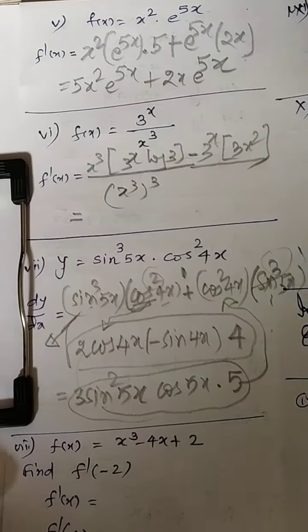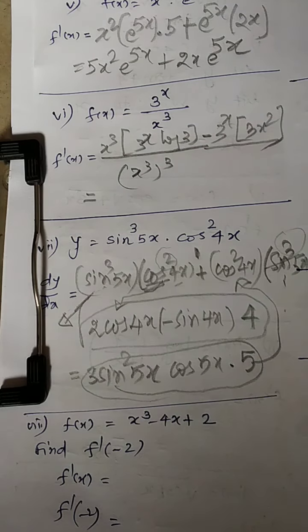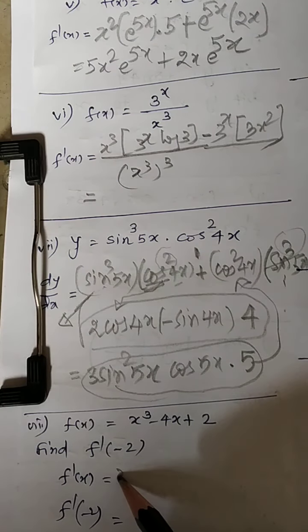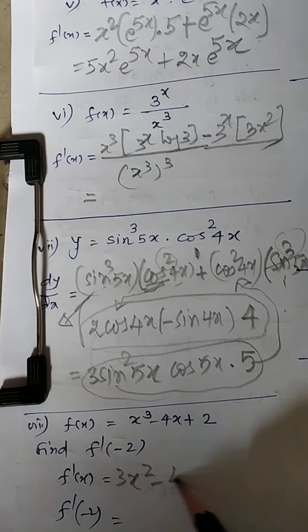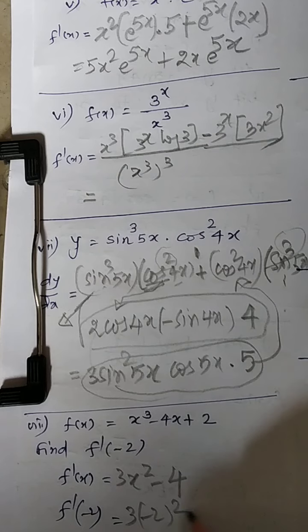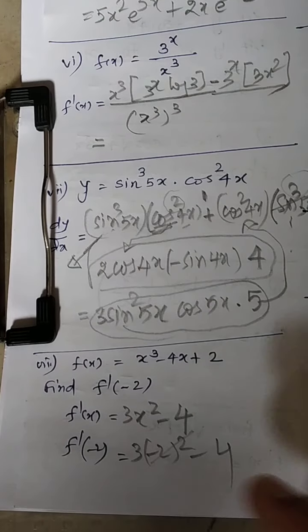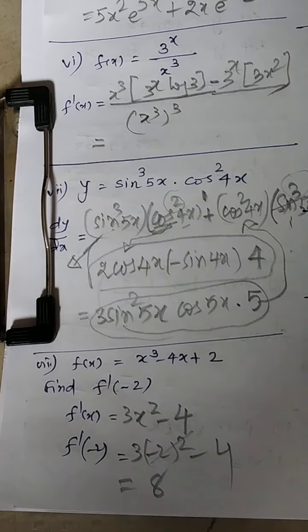Further, sometimes the question may ask like that. This is one more question. If it is asked by using definition, then you will be answering this question by the f of x plus h rule, which I have told you in the first two problems. Here it is a simple approach. F dash of x you can get and replace x equal to minus 2. So it will be 3 minus 2 the whole square minus 4. This is 4, 3 is 12. 12 minus 4 is nothing but 8.